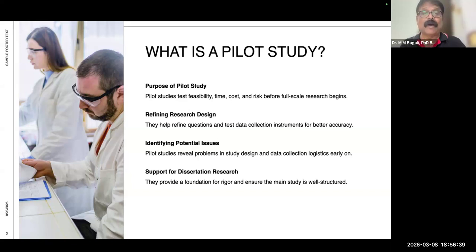So let me pause for 1 minute and see if Philip or Clinton or Mahu has one point on this, in case they have done a pilot study or are planning to do one. What is that one thing that you wish to discuss with me, so that your actual data collection would be very smooth? And like I said, 4 things are very important: your quality, your efficiency, your effectiveness, and the impact of your study can actually be addressed through a pilot study when you go for an actual, bigger data collection and bigger study.